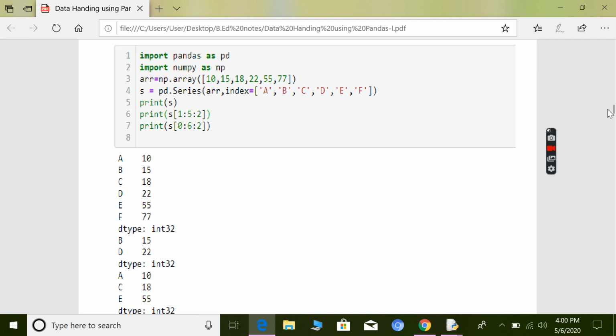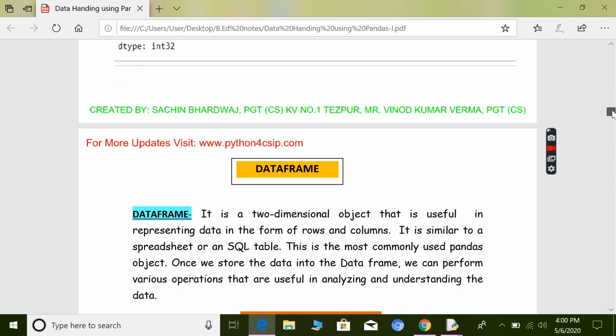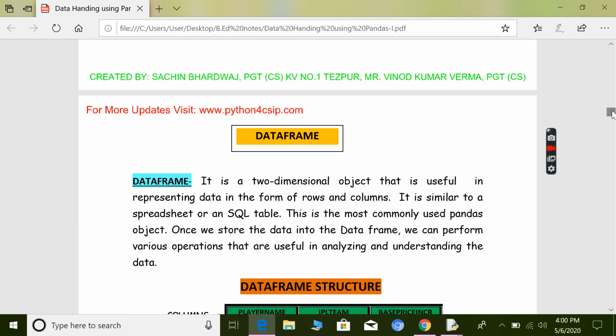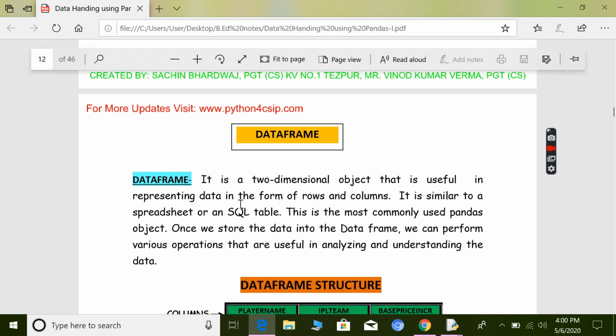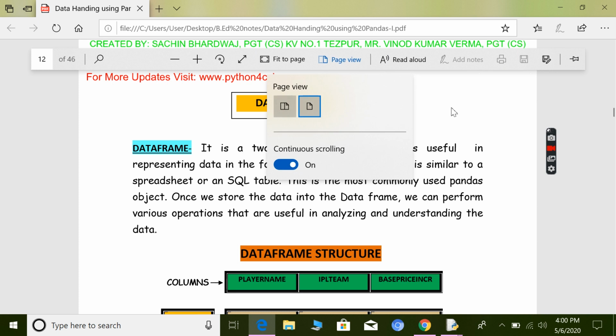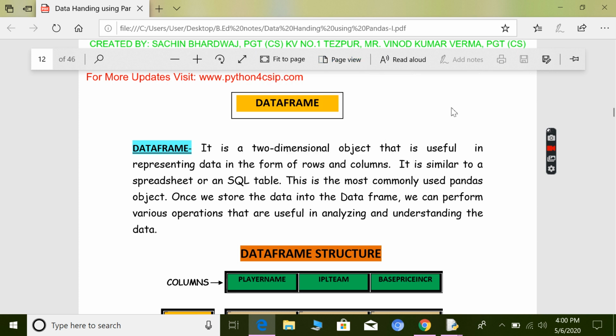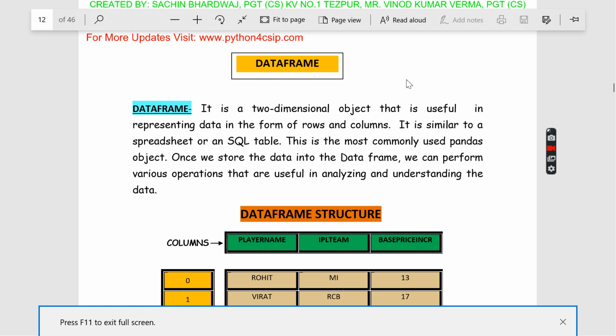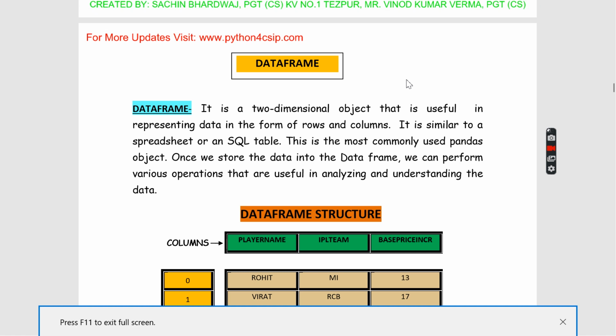But if you are going to deal with a two-dimensional array, you must use this data frame. Two-dimensional or three-dimensional arrays can also be passed into a data frame. So a data frame is an object which is useful in representing data in the form of rows and columns. Rows and columns, in the sense it will print like a matrix.